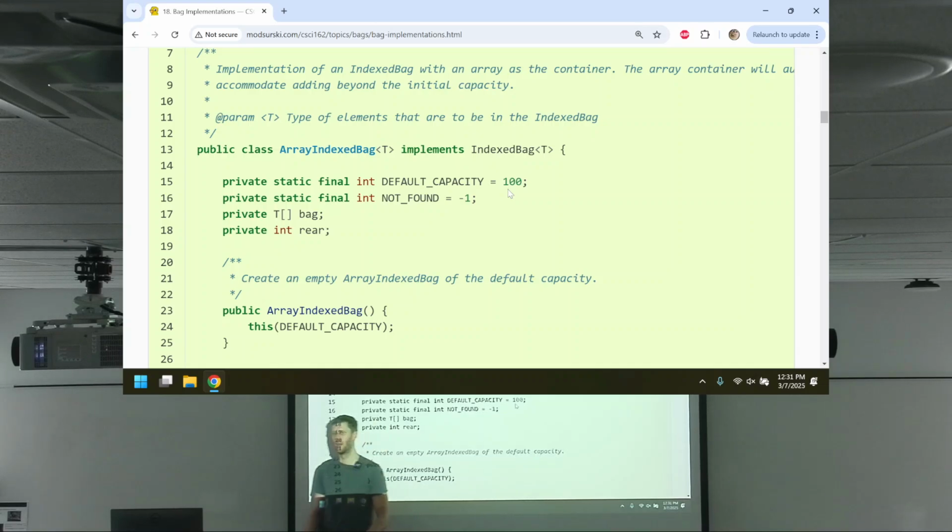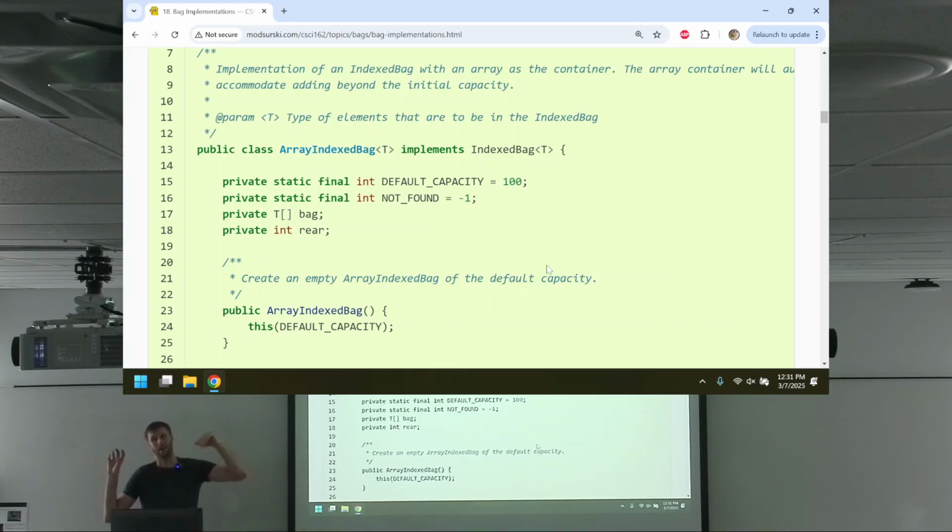Yeah? Would writing implements bag extends indexed bag work as well? Or implements indexed bag extends bag, implement bag like it's written in the interface. Well, the interface is extending the bag, but this concrete class is implementing the indexed bag. I think I know what you're getting at, but I think you're thinking too hard. Stop that. Remember, that's a common mistake of new programmers, of working too hard. Stop it.